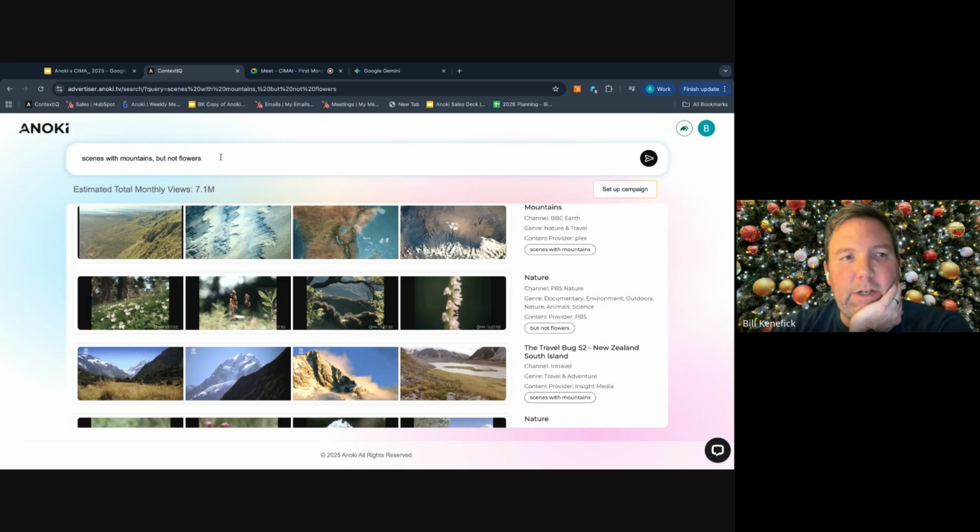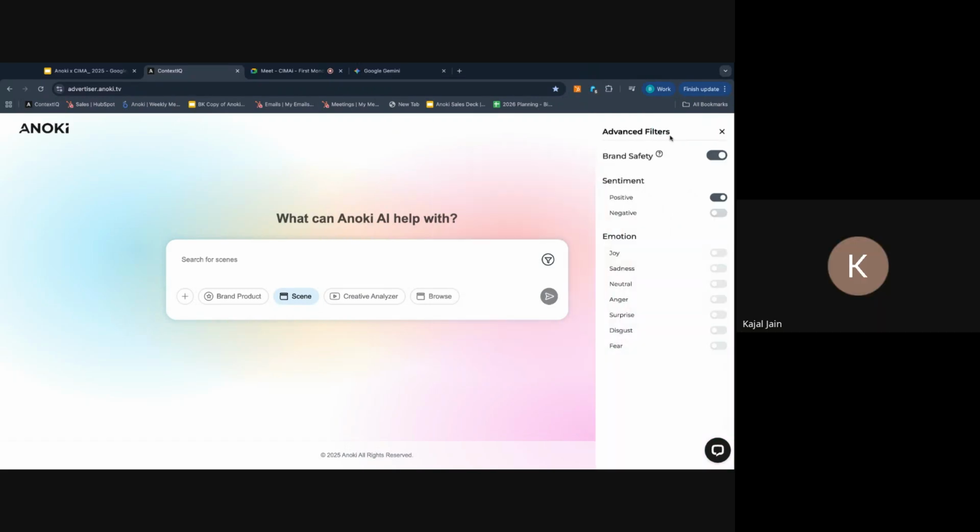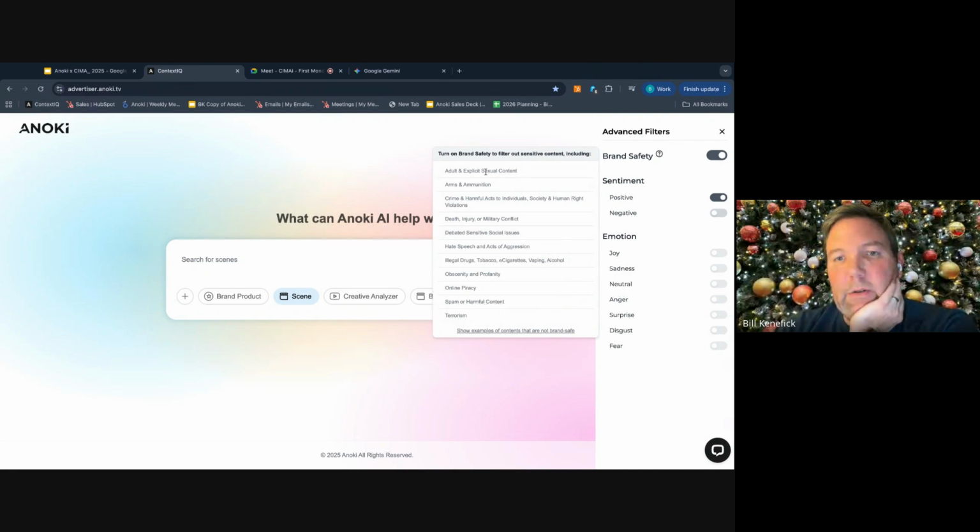I can tell you a couple things. The most common example of what we don't want would be things that are not brand safe, right? So explicit content, violence, obscenity, that kind of stuff. We do have the ability to restrict things on our back end, and we apply a blanket core list of things that any advertiser, media agency, or brand would want in there.